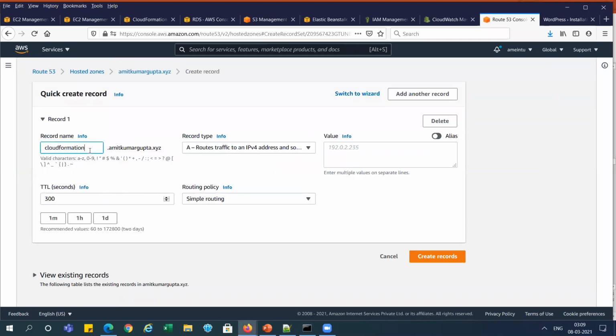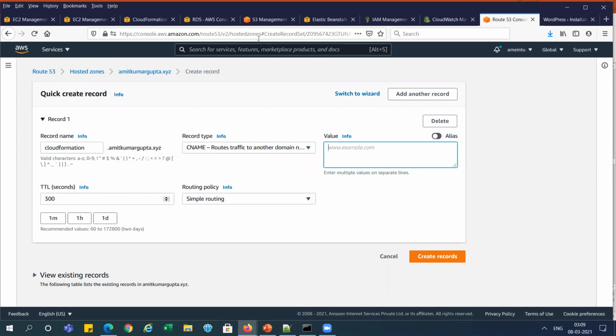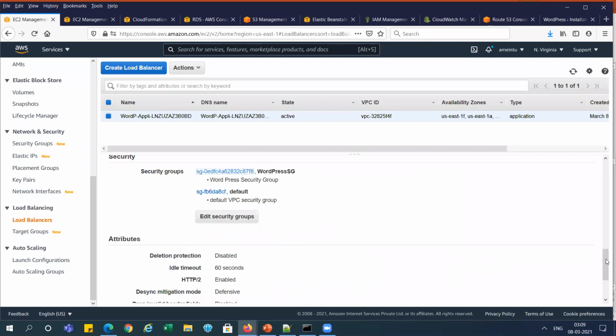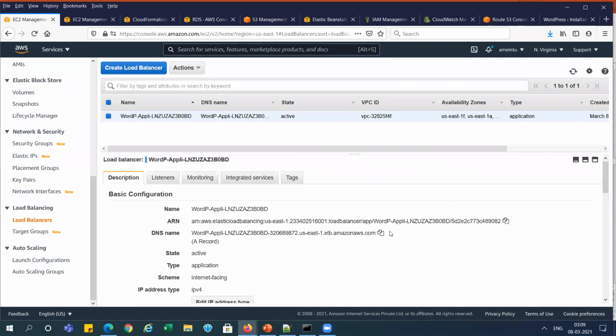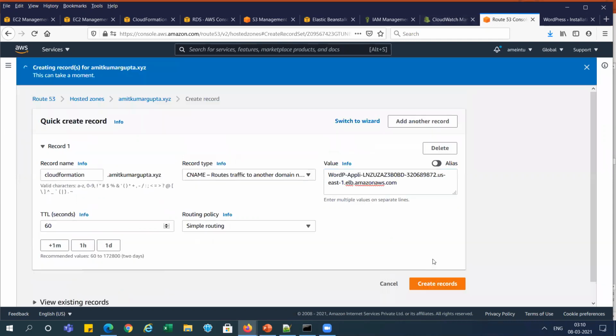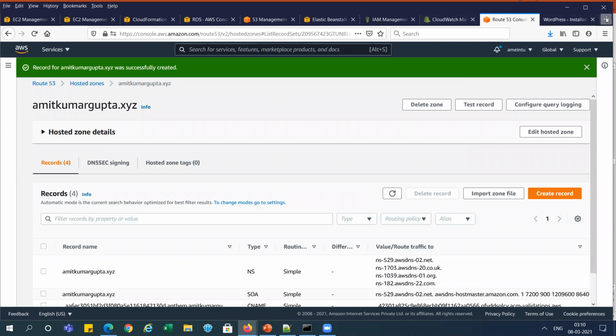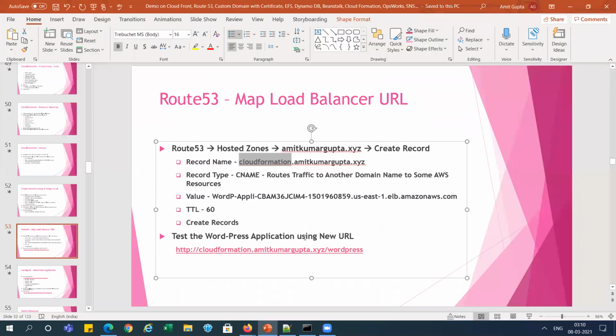When creating the record, this is the CloudFormation one, as a CNAME, and we need to put the host name of the load balancer. This is the load balancer DNS name. I have copied it and I'm pasting it in Route 53 here. 1 minute. I'm creating the record. The record is created, right? Now we'll go here and run this URL.